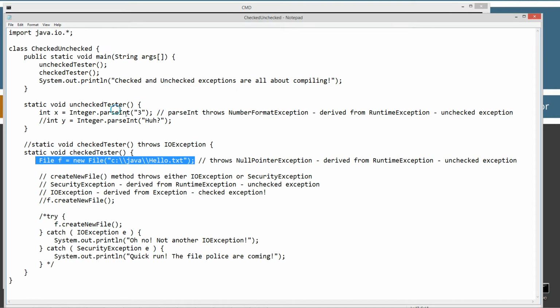We didn't have any try or catches around any of these things, right? And that's what it's all about, runtime exceptions here. All right, now let's go ahead and, now